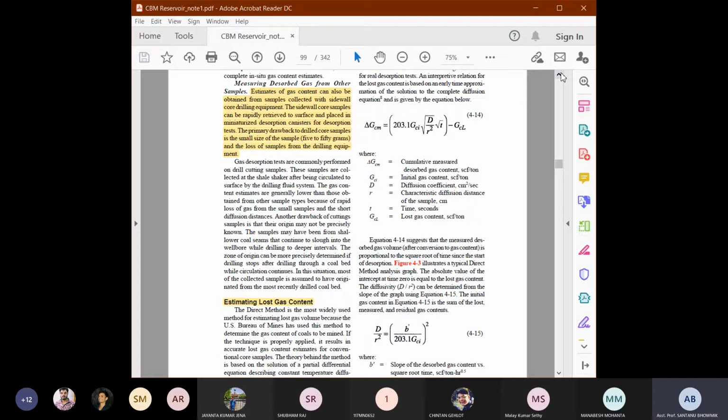The point is that the moment you take out the sample from the core barrel, if you do not start the stopwatch, or more accurately, the moment you take out the sample from the particular depth, suppose your coal seam is situated at a depth of 500 meters. So when you are withdrawing the core barrel from this 500 meters, you see that there is a lot of pressure variation between the surface and the 500-meter depth pressure, then again some portion of the gases